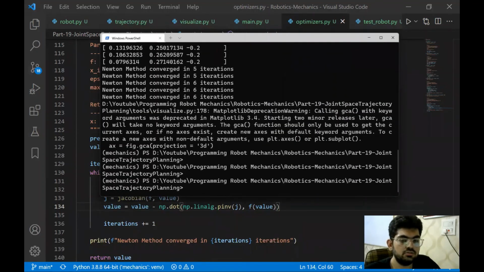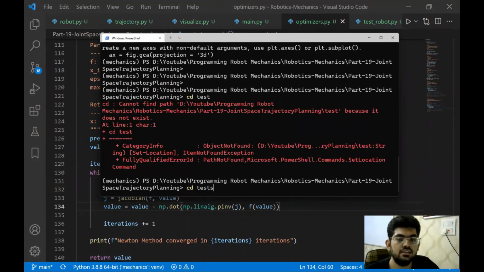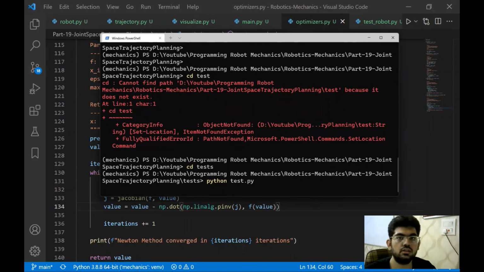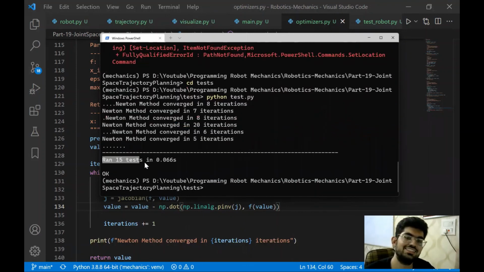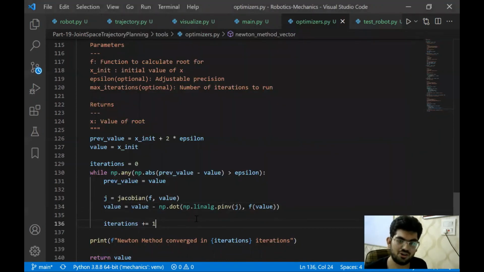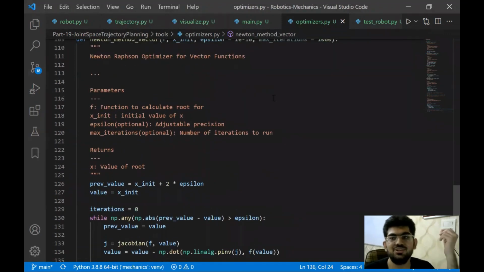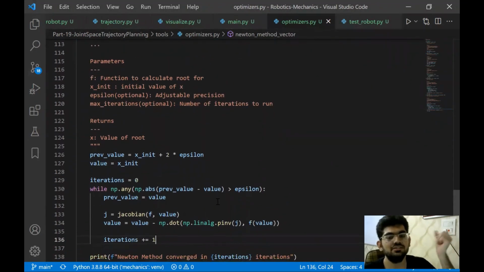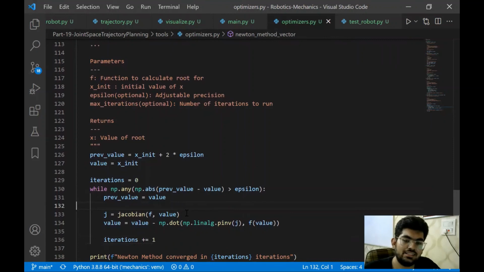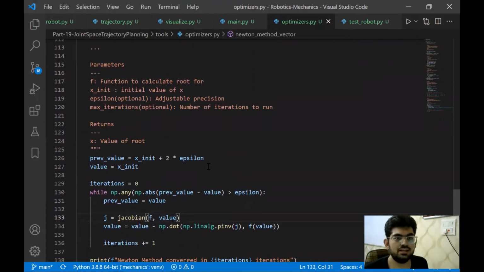One thing that we need to do, since we have pointed out a new error and changed some files, is go to tests and run the unit tests again. This will ensure that all the things are working fine. Yes, all the things are still working fine. So in one way, we have seen that our unit tests are a little off. They do not check all the values. The unit tests were made for cases where all the values needed to be optimized. But for our robot, there are some joint values that do not require optimization and the loop still wants to run more iterations over it. That's why we required np.any over here.